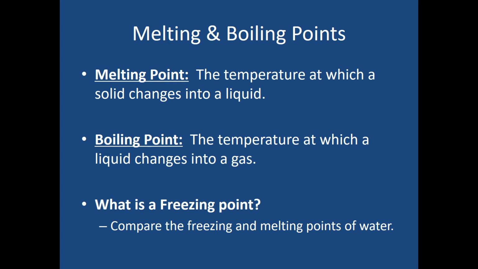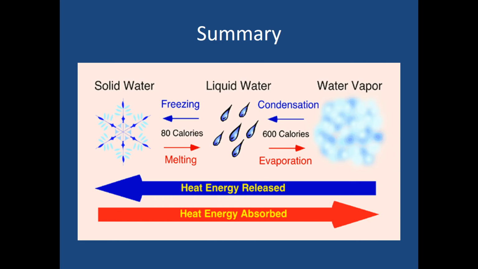So melting point refers to the temperature at which a solid changes into a liquid. Boiling point means the temperature at which a liquid changes into a gas. And freezing point is the same thing as melting point. It's the same temperature when a liquid turns into a solid as when a solid turns into a liquid. So in summary,